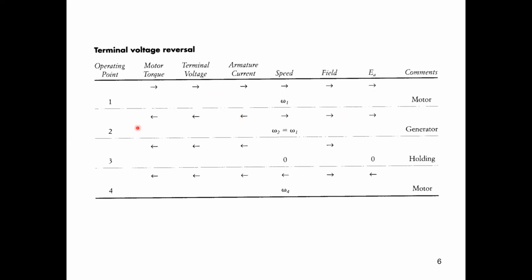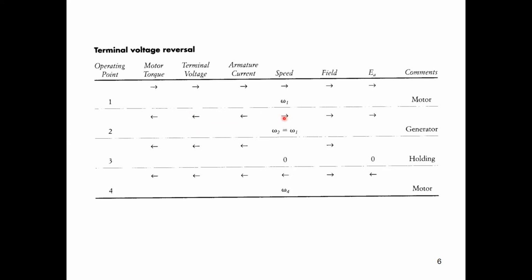At point 2, which represents the operation at quadrant number 2, the torque is reversed and the current as well is reversed. So we have motor torque in negative, terminal voltage... This is confusing a bit, but I don't like you to be confused. Take care here, we add this direction in negative because already we reversed the supply direction. However, there is no effect for the supply direction here now, because as you can see, the supply is reversed,